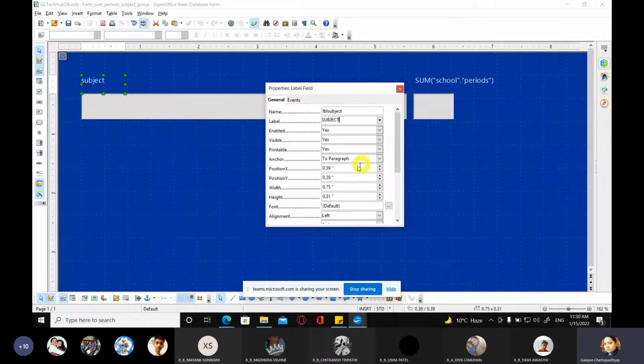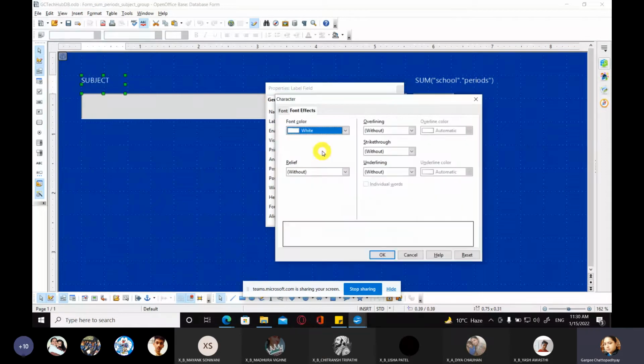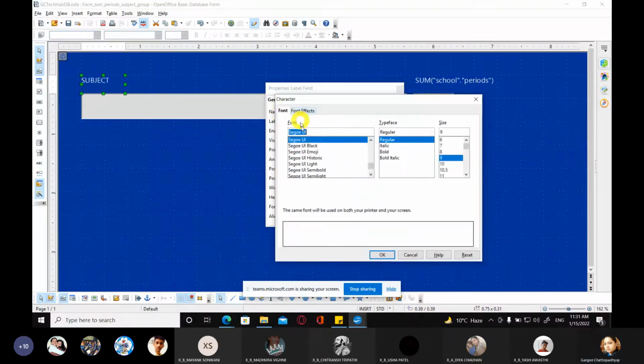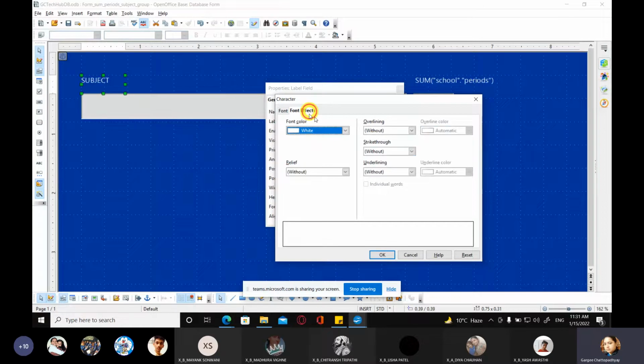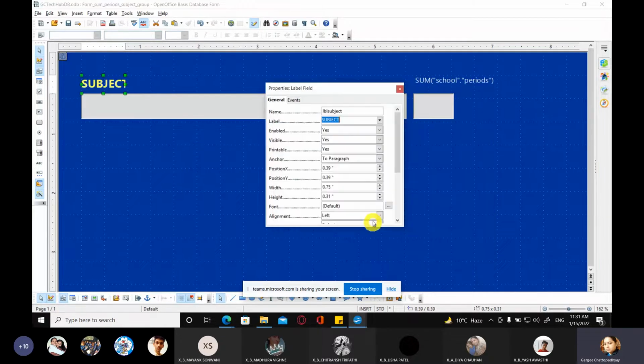Then you go to font and you can make changes to it. Like I can change the font size. I'm changing the font size to 14. Make it bold. Go to font effects and give it a light yellow color and click on OK. And you can see that it has changed. Okay, so this is subject.